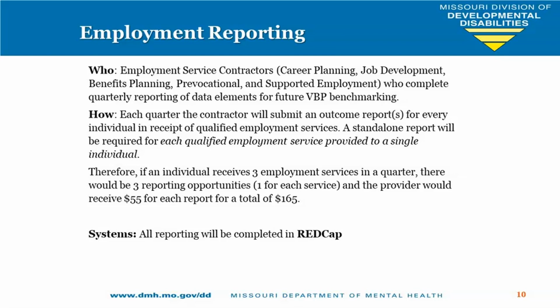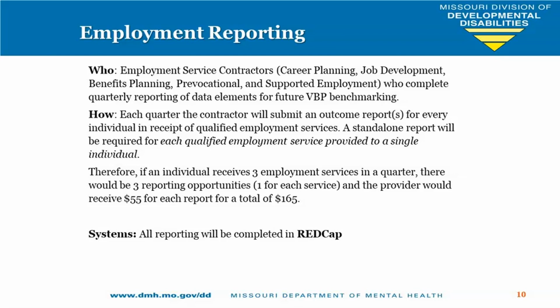So if you have a waiver recipient who is receiving 3 employment services within a particular quarter, the provider would go in and complete a report for those 3 particular services for that single DMH ID. In that circumstance, the provider would be eligible for a $165 payment for that particular quarter. So again, if an individual is receiving 2 services, you can do the report for each of the 2 services they're receiving. If they've received 3, 4, or 5,